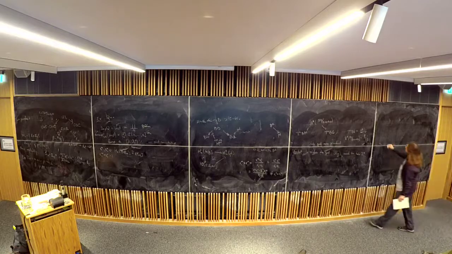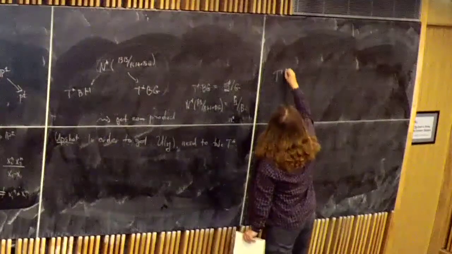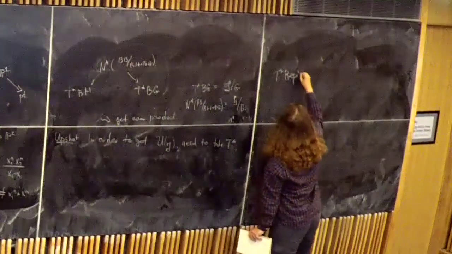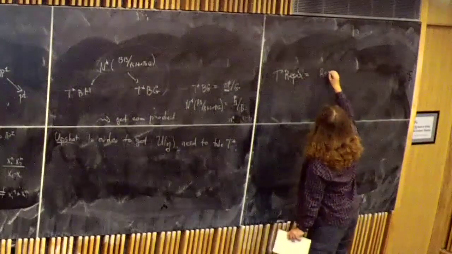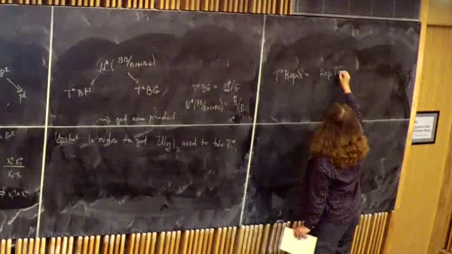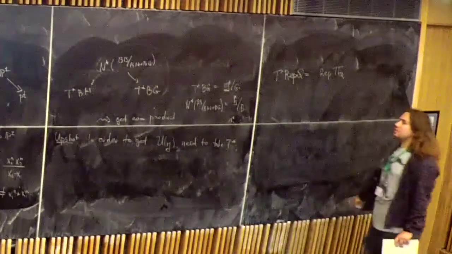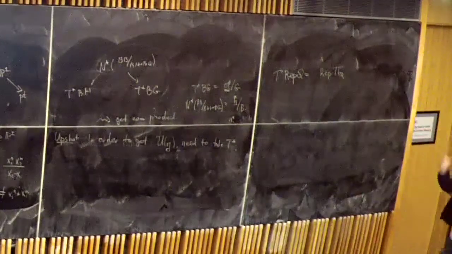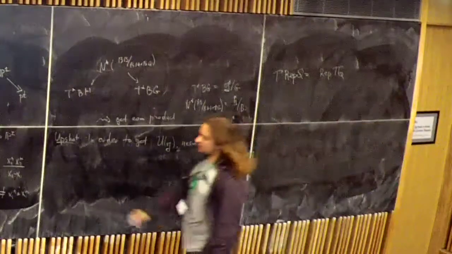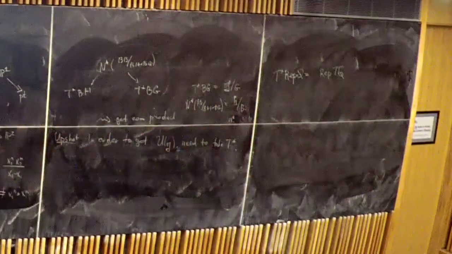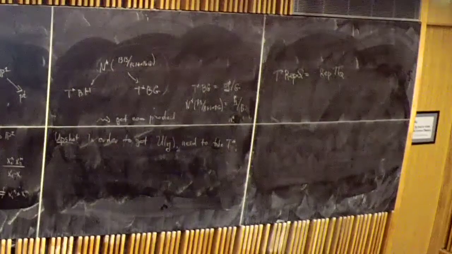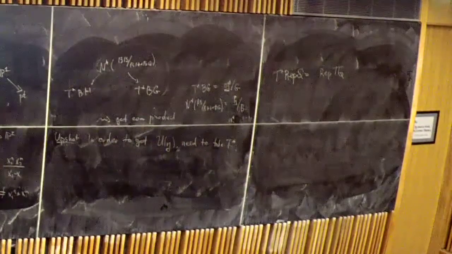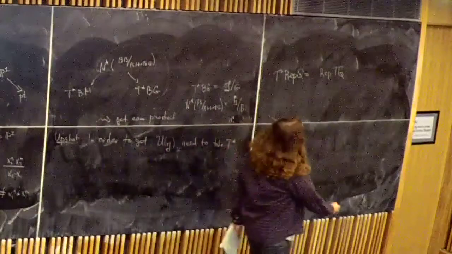So what is star this thing? Well, this is going to be just representations of the preprojective algebra. So you could say, okay, let us consider the same story from this pull-push diagram, but we replace our quiver representation with a representation of the preprojective algebra. Well, the fact is that